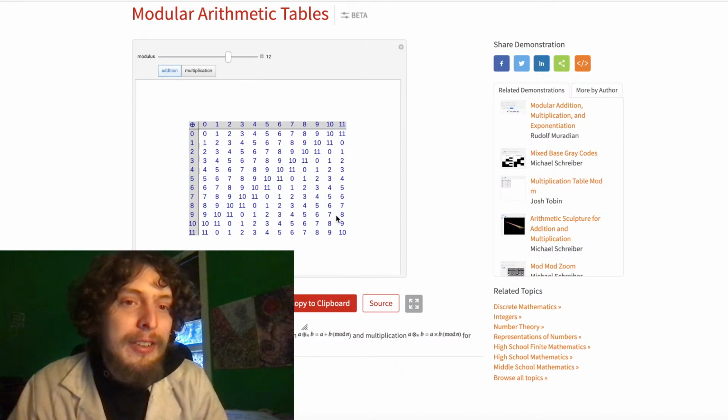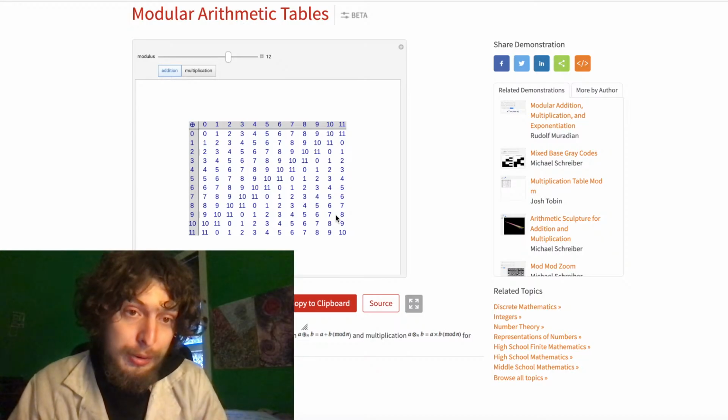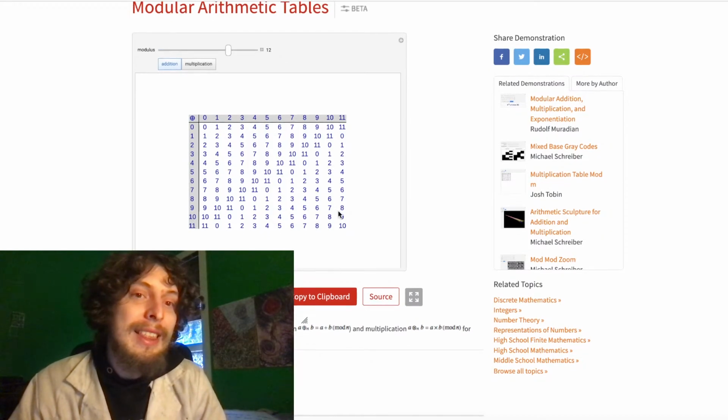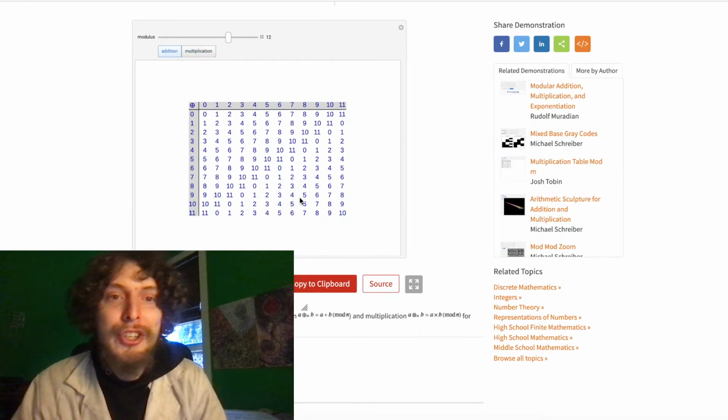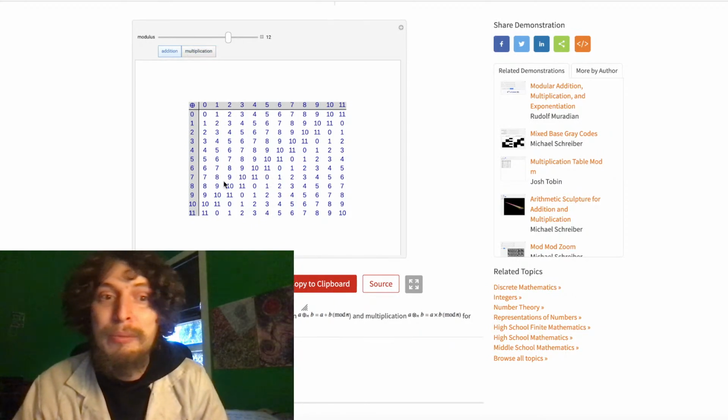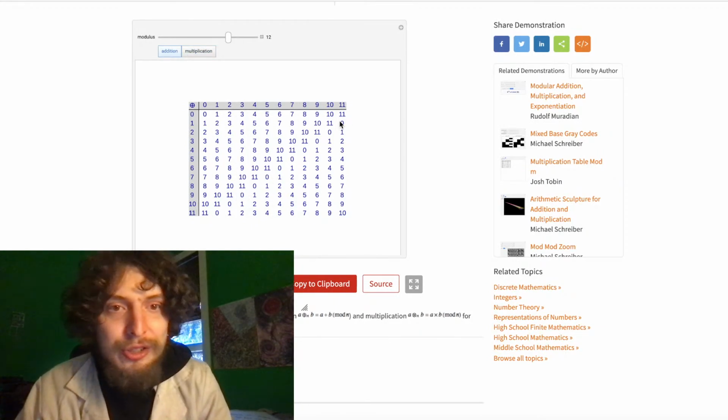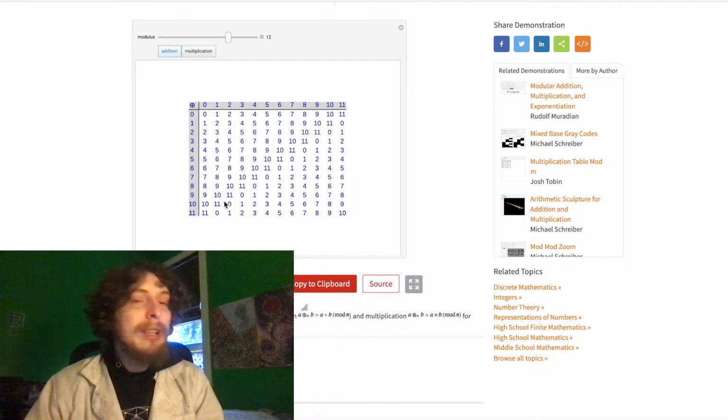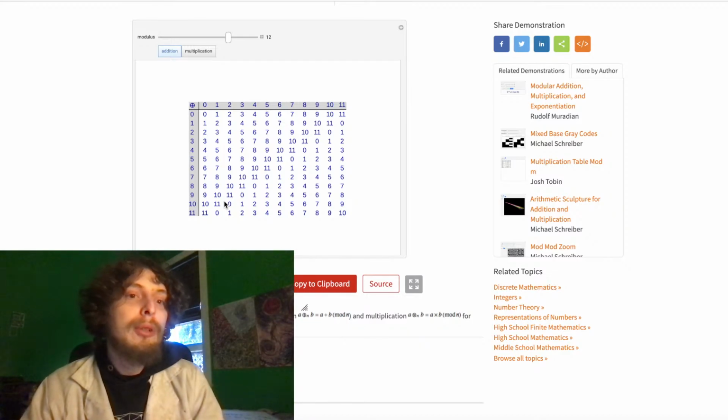But it's still kind of fun to look at these. They still look pretty cool. I put that one in the thumbnail instead of the multiplication because while it's less interesting, it looked more visually engaging with that stripe. Now, with this stripe, we're going to have to go back to normal times tables to